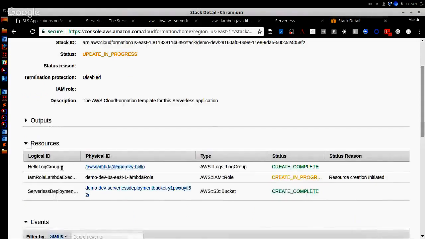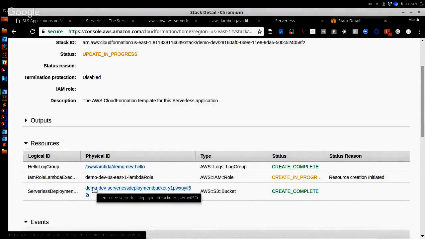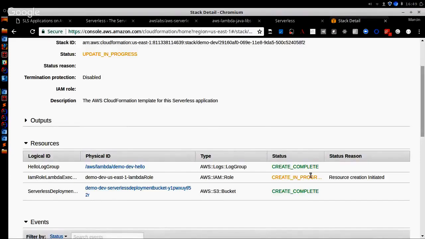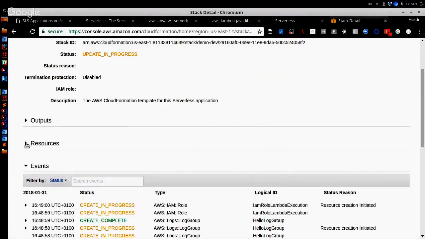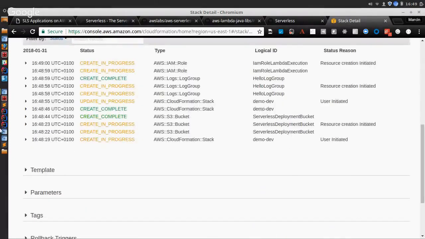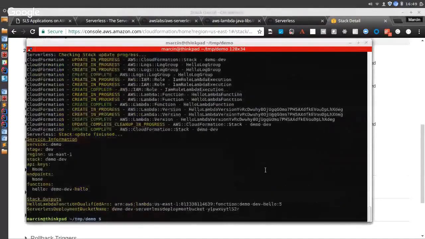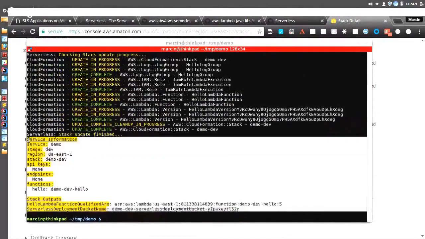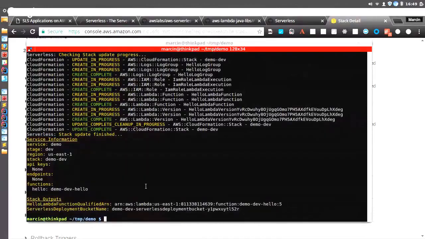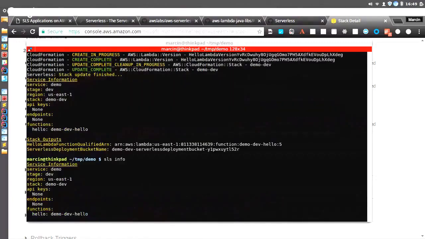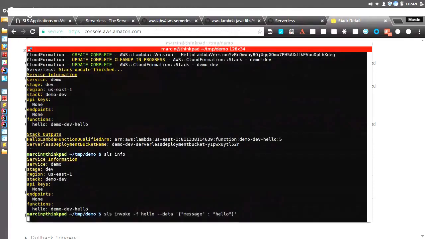And at the end, serverless will print a message showing what the stack looks like. We can get a similar message with SLS info. And now we can already invoke our function, not locally, but on the server. We still don't have any API yet. It's just the function that we are manually triggering using the Amazon SDK or Amazon command line tools, and it responded with a message that we expected, that is hard coded in our